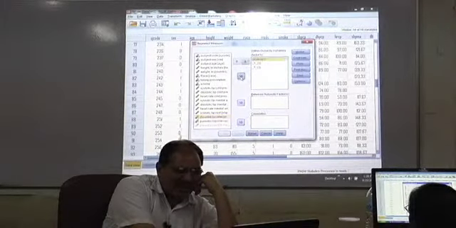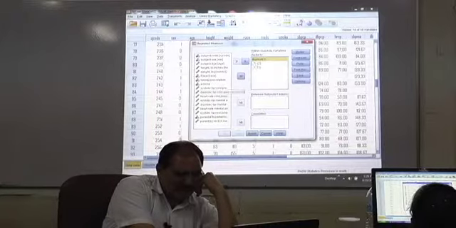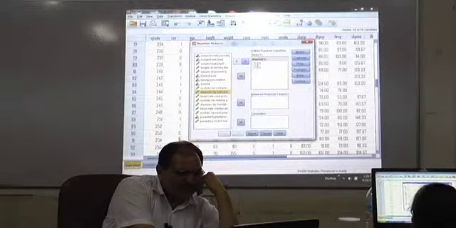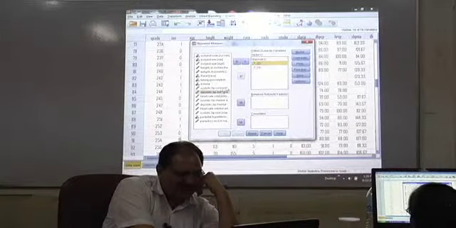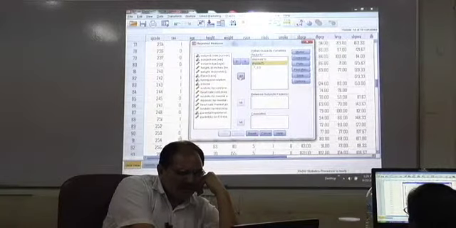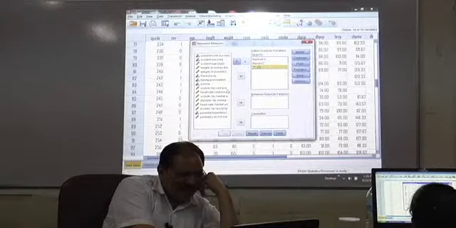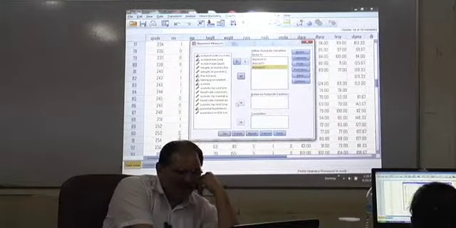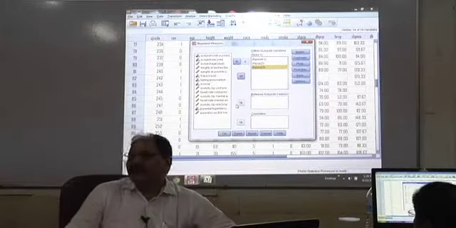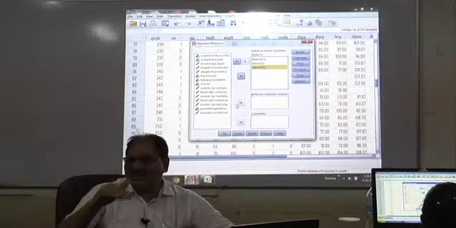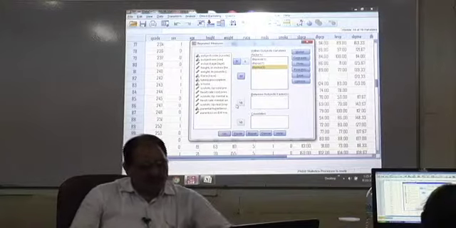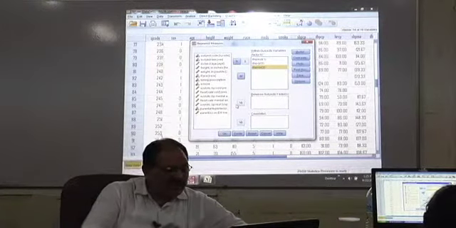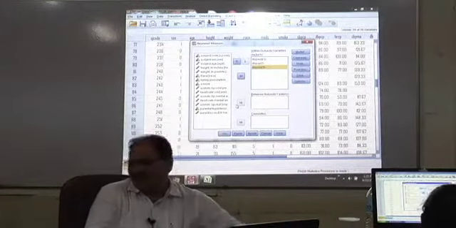Diastolic rest, transfer. Then go to next one. Diastolic cold, go to second and transfer. Go to third and transfer diastolic mental. Otherwise, it will be transferred to the same variable. You need to transfer it to first, second, and third. So we have transferred rest with cold and mental.